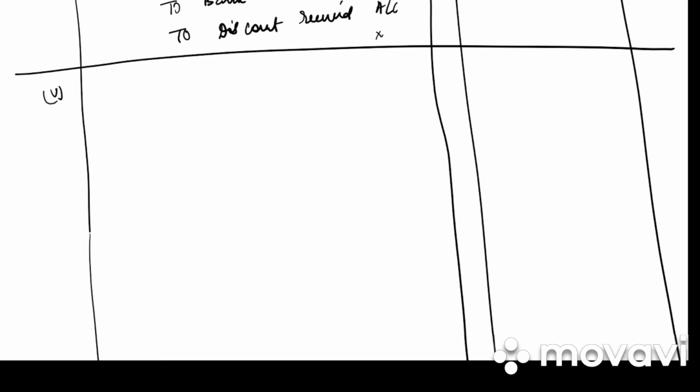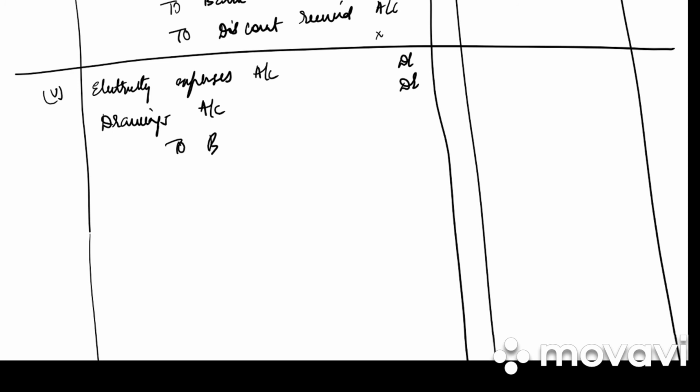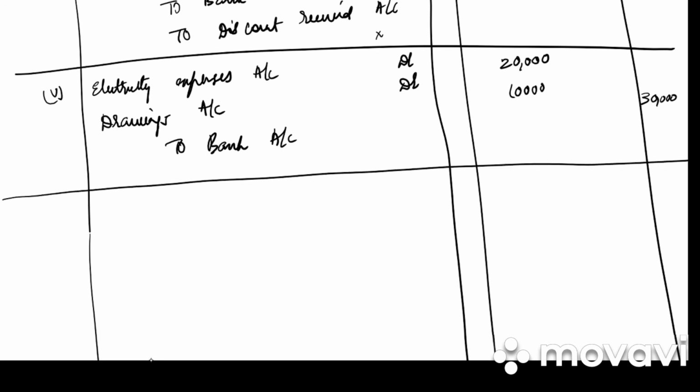Next, paid electricity bill for office and residential. So it is electricity expenses account debited. When it is paying for residence, it is personal use. So drawings account debited to bank account. For office it was 20,000, house it was 10,000, total it is 30,000. We do not charge GST on electricity expenses and personal drawings. Write the narration. Electricity bill paid for office and residence of the proprietor.